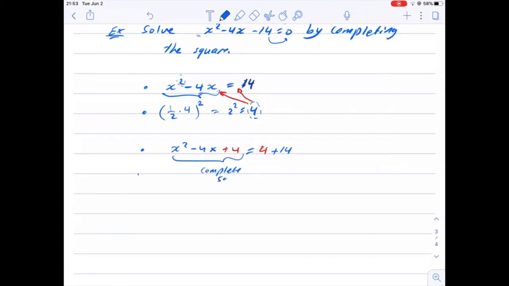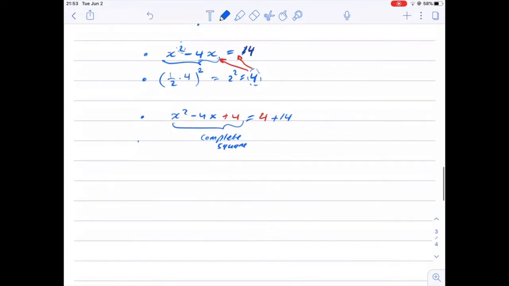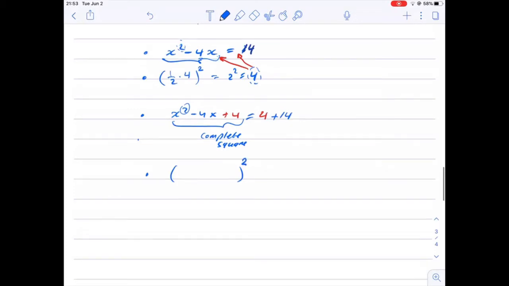Now this is a complete square. After completing the square, we can write it this way. We can bring the square from the power of x to the power of the whole parentheses, and we put x here, and we put the square root of 4, which is 2, and we put the sign of the middle term, equals the right hand side. The right hand side is 4 plus 14, which is